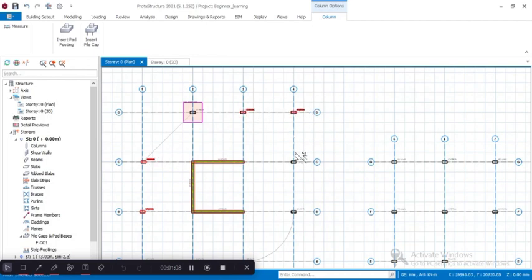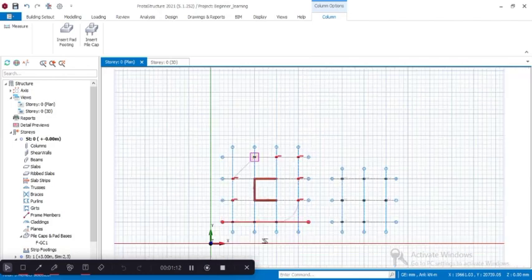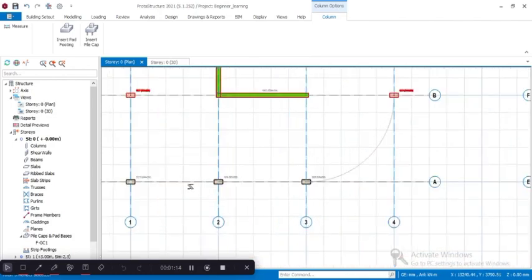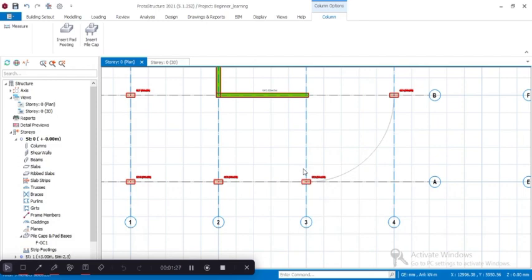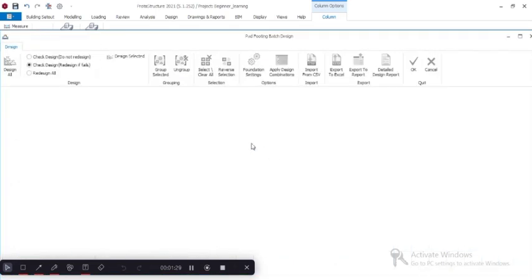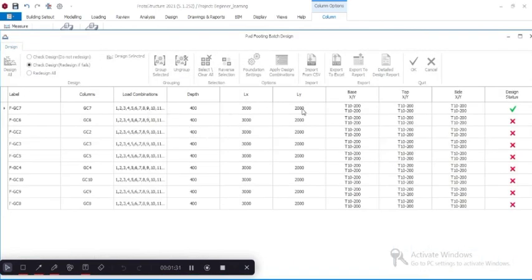You can design multiple, but the disadvantage of this is that some of the columns might be carrying lesser loads than the others. And designing this as one will increase the size of the pad putting in all of them. So I don't advise it normally, but since we're just illustrating something here,